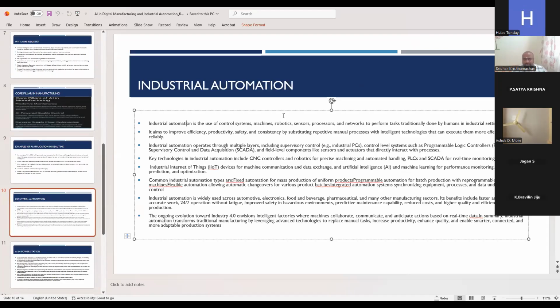And let us go into the industrial automation topic. Industrial automation is a control system based on the feedback from sensors, processors, or the operator maybe. It's based on the feedback from the sensors or limit switches, and the command goes to the machine. Like any kind of machine, you require inputs and outputs. Based on that, we can get the product.